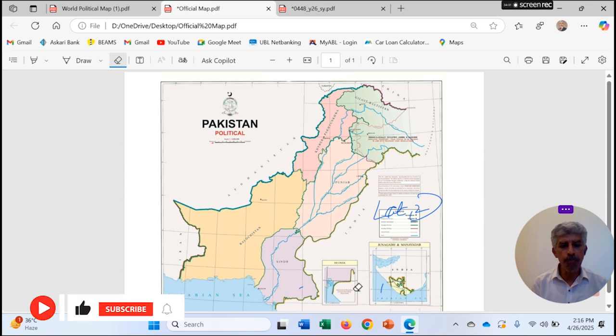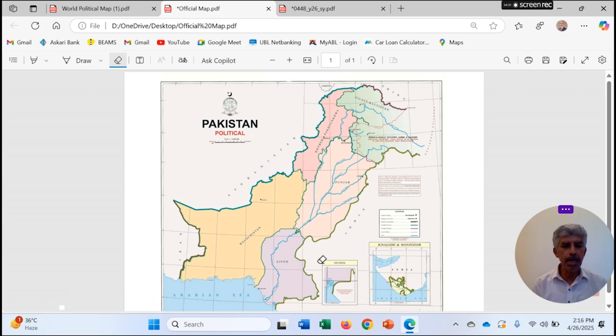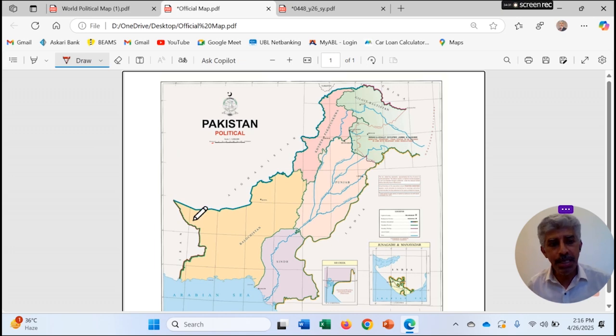So keep in mind one very important factor. Whenever we mark the papers of the students, we see one really very big mistake, I say, while explaining the factors of geography. Do not write on the right side of this one, on the left side of this one, upper side or lower side, but use the directions east, west, north, south, right? On the eastern side of this one, on the western side of this one, on the northeast, on the southwest, right, like this. These are the geographical terms you are supposed to use to identify certain things.